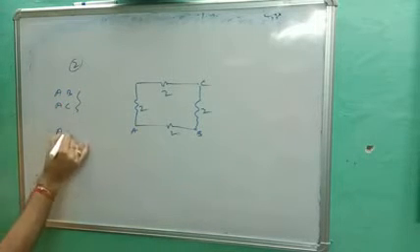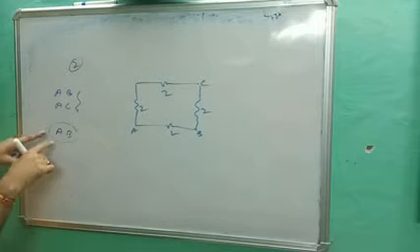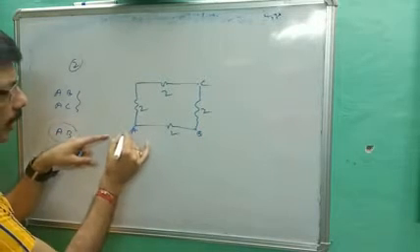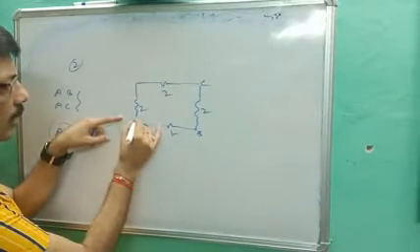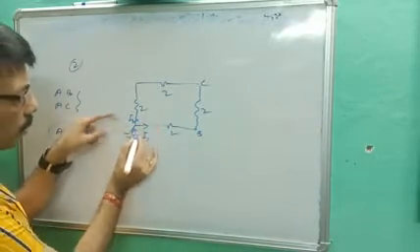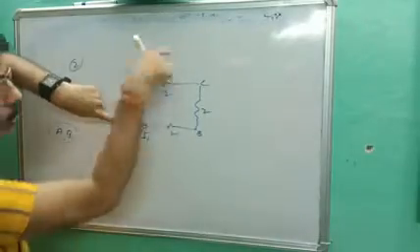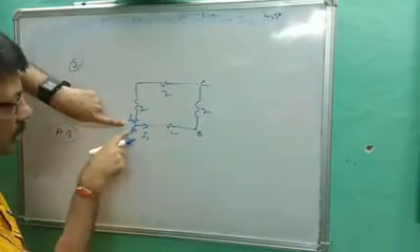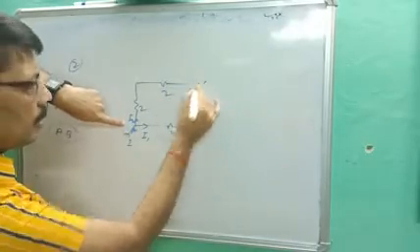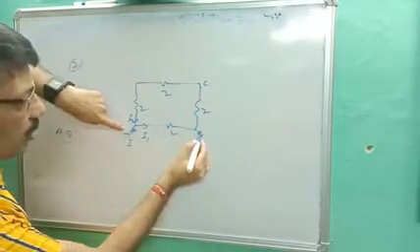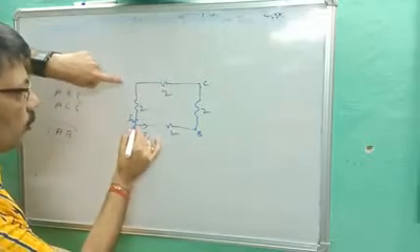First, between AB. When you solve between AB, you have to go from A to B. Let's suppose this current is I. One current goes through this way. This is I1, and that current is what? I2. Your journey will start from A to B. So don't mind C. When you are talking about A to B, don't count C. Okay? So A to B, one current will go directly A to B, and another through this way.